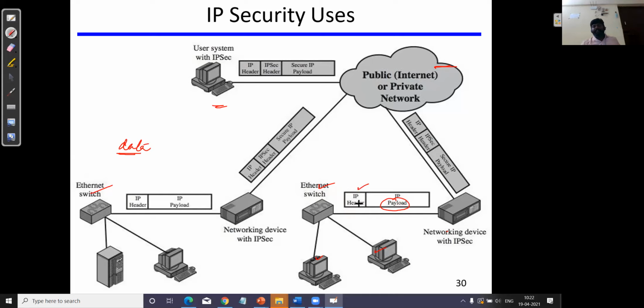The IP protocol header includes some information about where the data has to be delivered, or it may have different routing information, maybe the next node address and all related things. When this packet is transmitted through networking devices where we enable IP security, that means along with these two existing things, the IP header and the payload,